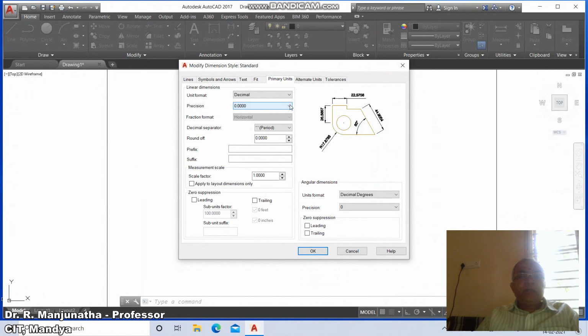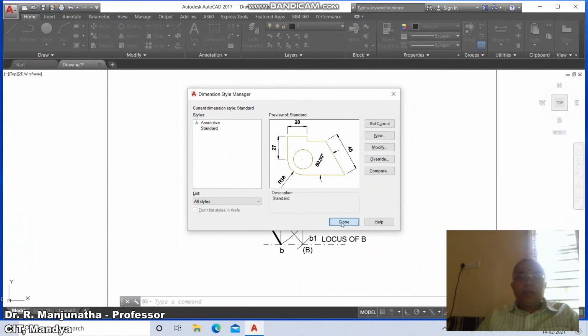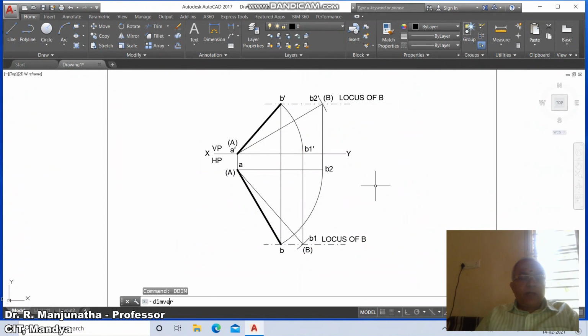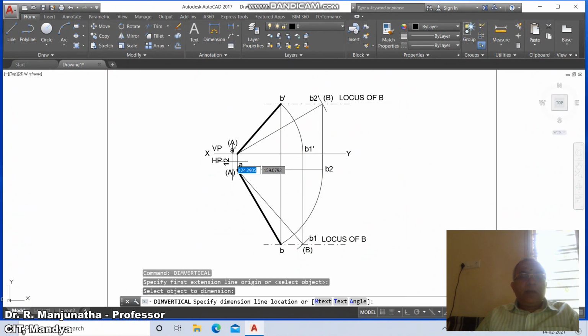In the linear dimension, the precision you make it 0, and here you make this as 0.00, say OK and close. Then go to dim vertical, select this line, and you mark this as 12. Then here you have